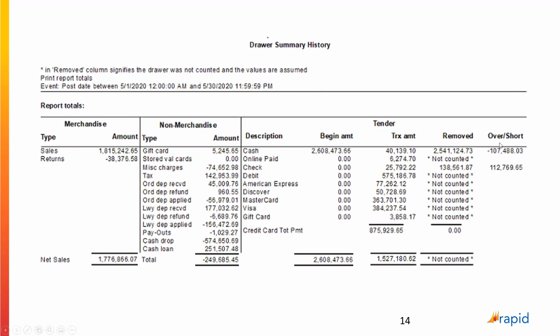Now, you can see it also shows the sum of the over and short. Boy, my example data has a problem here. I certainly hope none of you are ever $107,000 under on your drawer count, else there's big problems. But you get the general idea. This is a sum for the total